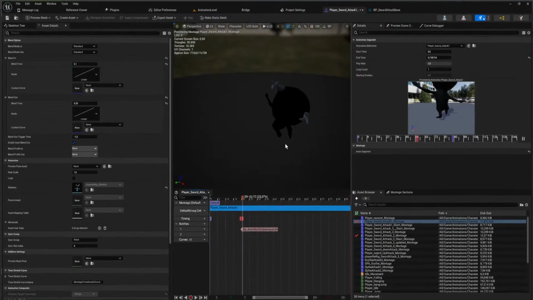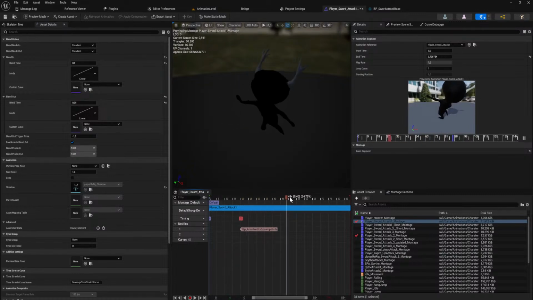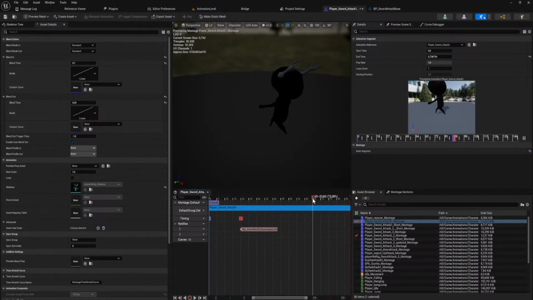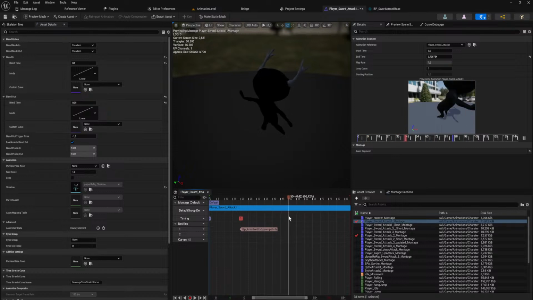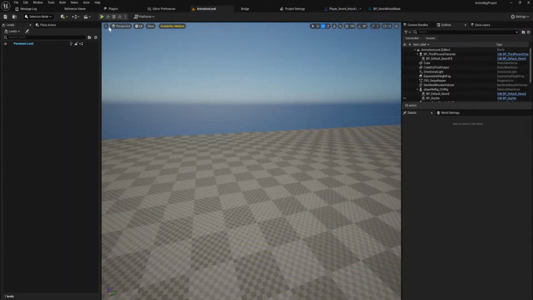Oh. So we have 0.35 seconds. So it'll be at about 0.4 it starts blending out. So that's about there. Makes sense to me though. I can give it 1/10 of a second more.